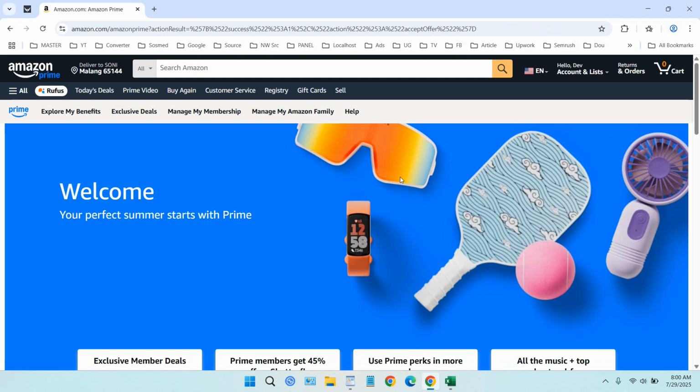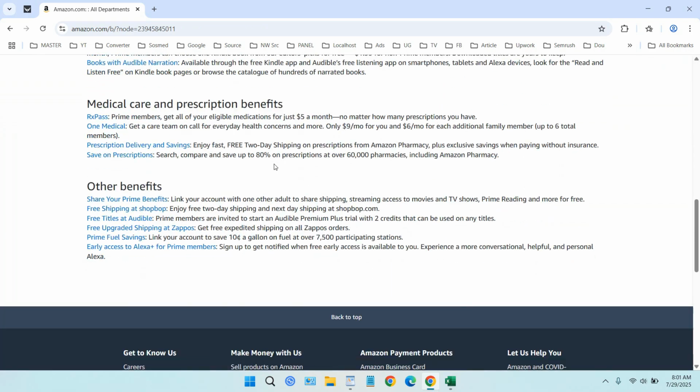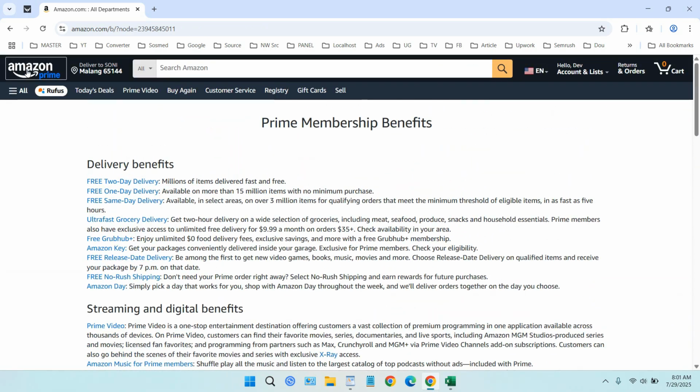Now, you are done joining Amazon Prime, or subscribing to Amazon Prime. You can try to explore your benefits. Okay, you can see these are your benefits and today's deals,